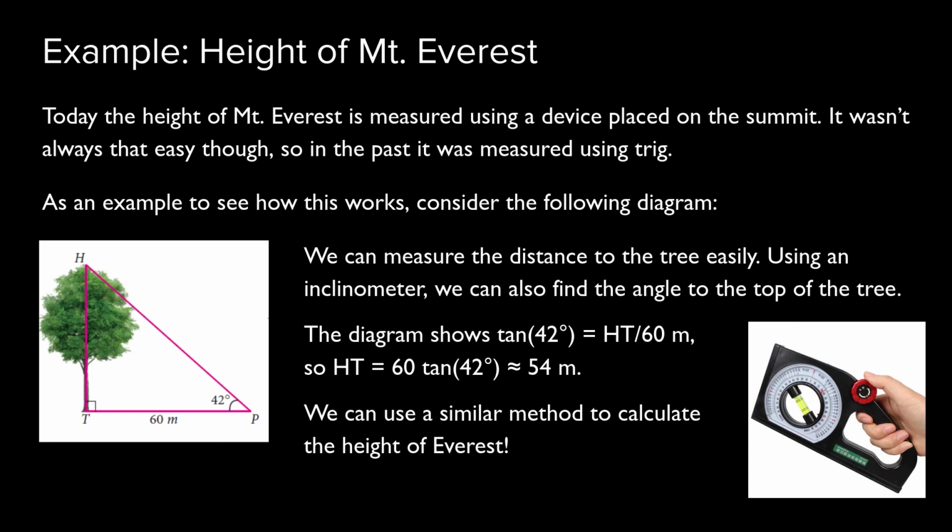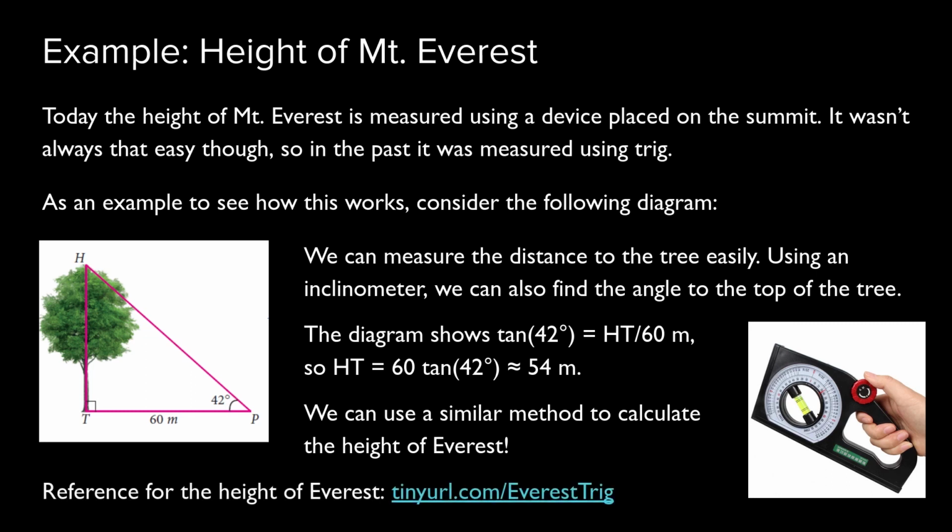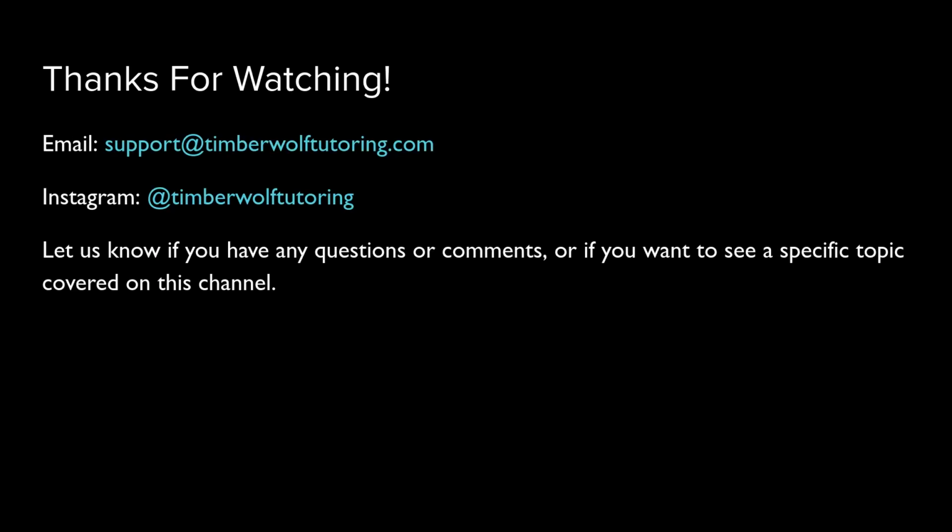Now, say we want to find the height of Mount Everest using a similar method. Well, we can find our distance from the mountain relatively easily, just by walking there. And using the same inclinometer, we can find the angle to the top of the mountain. So that lets us calculate the height of Mount Everest without ever having to climb it. And this is how Everest was calculated in the past. Before someone had ever climbed the mountain, they probably wanted to know how tall it was, and if you can't measure how tall a mountain is without having climbed it in the first place, that's a problem. But using trigonometry, we can easily calculate the height of the mountain without having to do very much work. So that's one of the many applications of trigonometry.